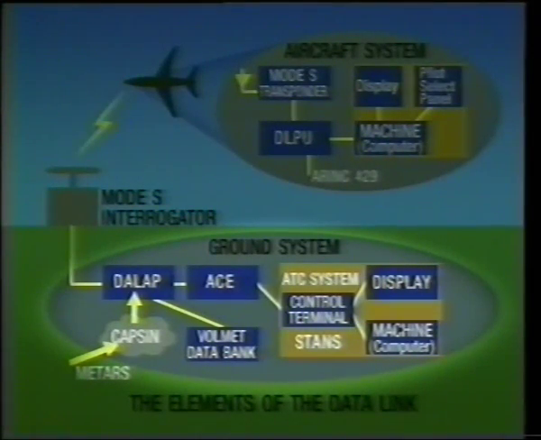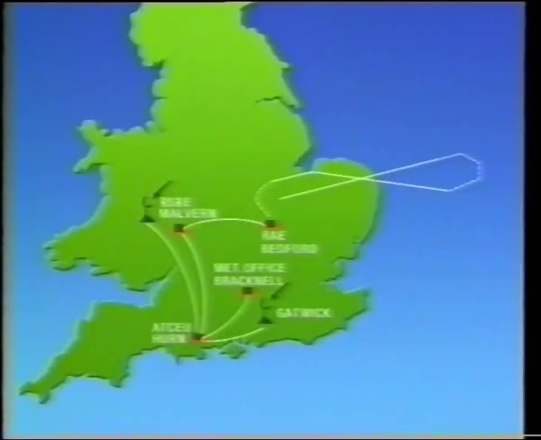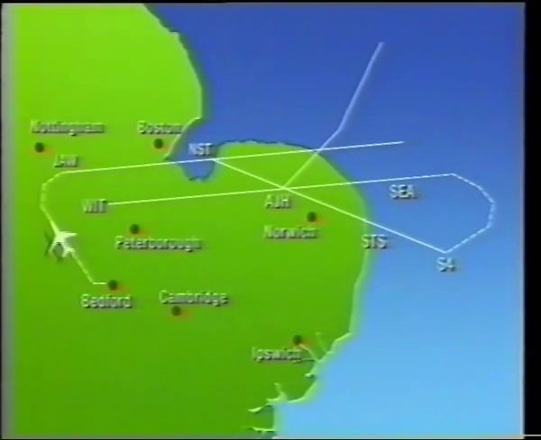On the ground, the communication lines connect the controller to the DALAP via the ACE processor at RSRE Malvern. In our demonstration, a further application capability accommodated Volmet. Both airborne and ground systems are in turn connected to one of two available Mode S interrogators, one at Gatwick and the other at Malvern, the latter being the station used to interrogate the aircraft as it flew its predetermined flight plan over eastern England and the North Sea.